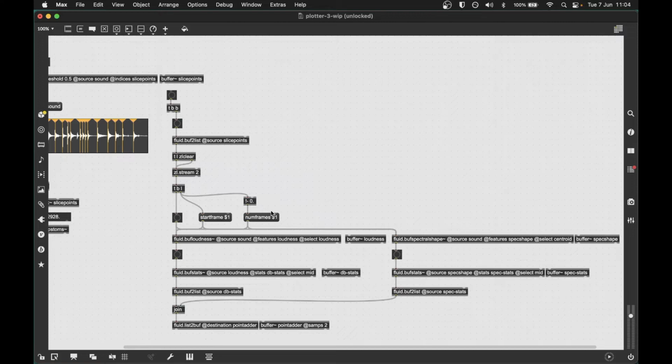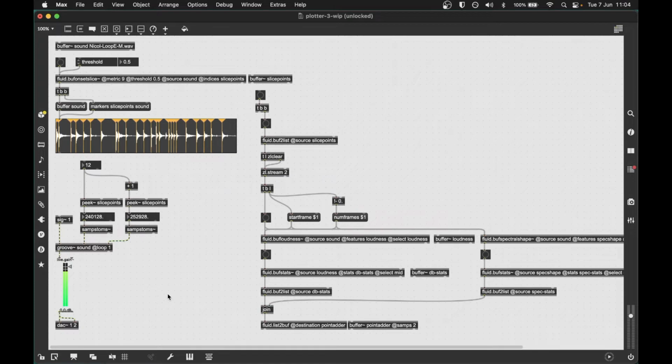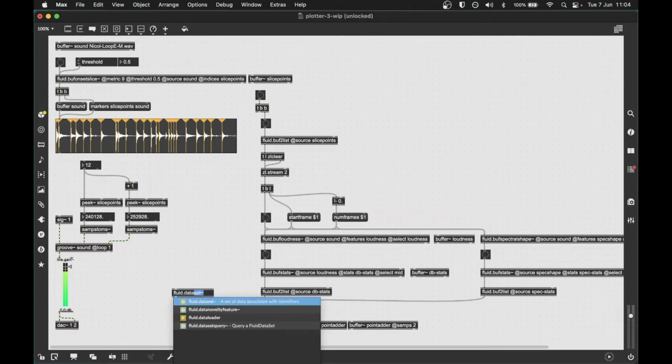It's a bit like a coll or a dictionary, in that we can give it a name and use it in different parts of the patch, but it really forms the fundamental basis of shuffling data and processing it in the FluCoMa universe. So if I make one here and call it analysis,